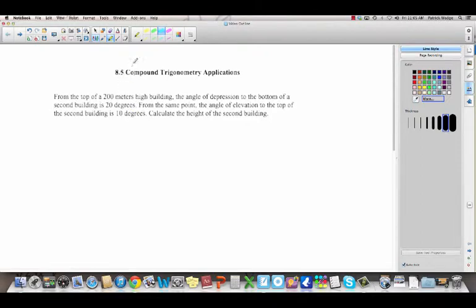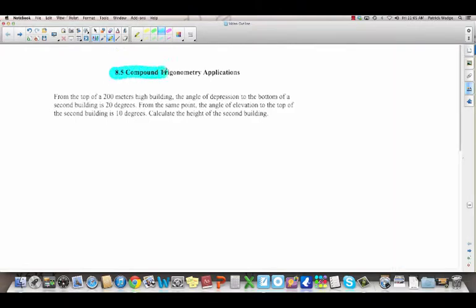Every now and then a section comes along which is really and truly difficult. This is one of those sections. 8.5 Compound Trigonometry Applications. So we talked last time that applications basically meant word problems. You know, trigonometry is the study of triangles. Basically compound is referring to the fact that you're going to have to use multiple triangles in each one of